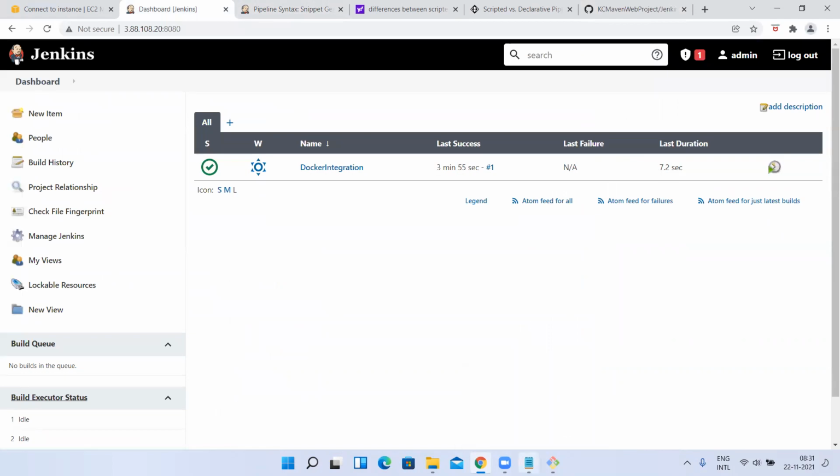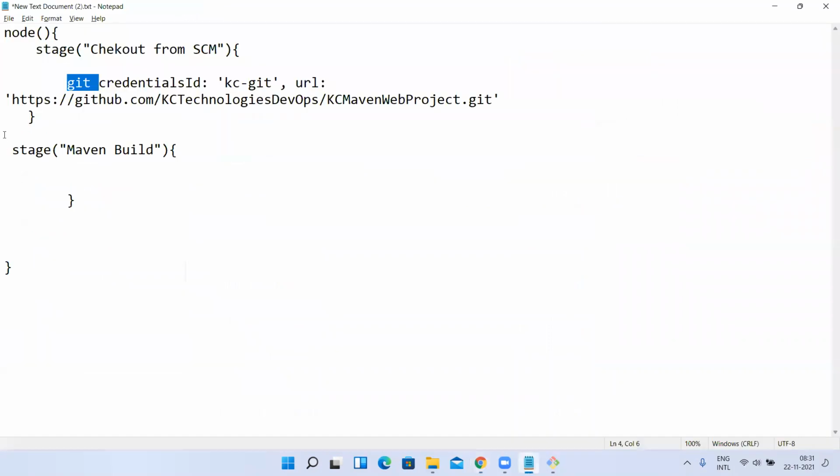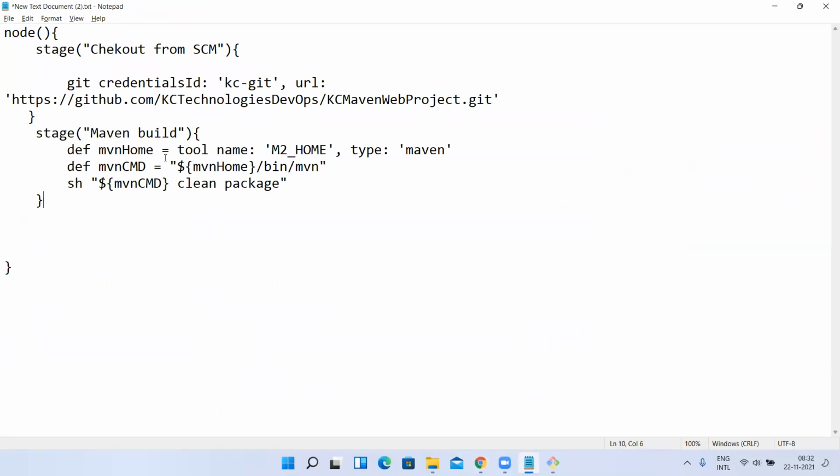So here, this is my stage, Maven build. How to create a variable in a Groovy script is using def. In shell scripting you write no def, nothing: a = 10, a is a variable, its value is 10. But here, if you want to create a variable, you have to write def a = 10. Def means define, so a is a variable. Like this, you can define a variable with def. This is a variable, mvn_home, I'm setting.